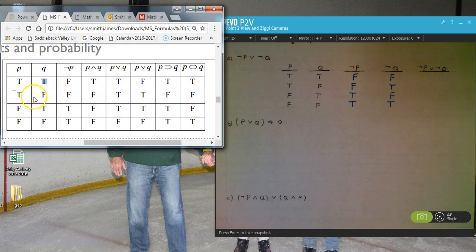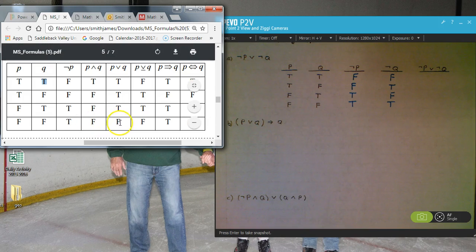If the first part is true but the second part is false, so if anytime you read it as true, false, the rule says the overall statement is still true. If it goes false, true, still true. The only case this is false is when both statements are false. And that's the best way to generalize the rule for disjunction, to come up with a general idea where it's always true except when they're both false. So you can see right here, if they're both false, then the whole thing is false. But in every other case,